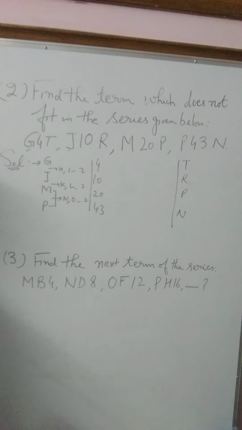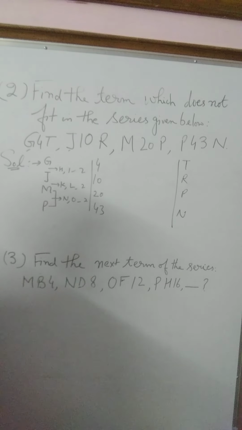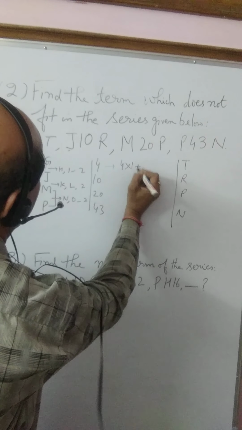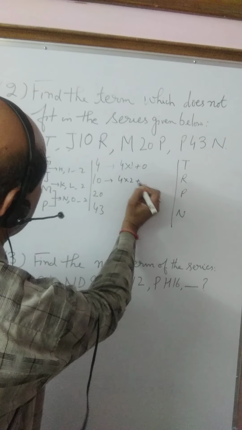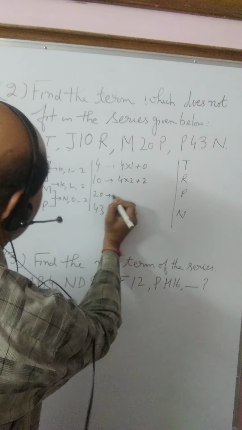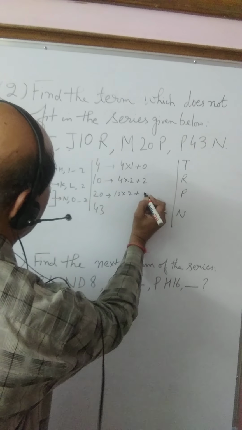Then we come to second, 4, 10, 20, 43. Now 4, 10, 20, 43, let us see by which formula they are going to connect with each other. This 4 will be written as 4 into 1, simply 4, because it is the first one. We have no other option, or we may write 4 into 1 plus 0, simple. Next 10, this will be written as 4 into 2 plus 2. It is our rough work, so please be careful. Now this 20, this will be written as, let us see, is there a formula established? 10 into 2. Then what should be here?